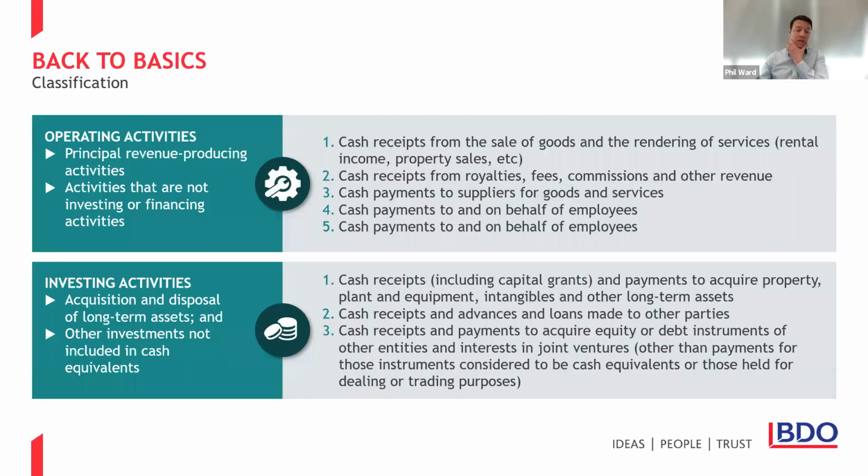So I touched on there the classifications that you'll see in the cash flow statement. That is operating, investing, and financing activities. I'll come back to operating activities shortly. Investing activity is activity that relates to the acquisition and disposal of long-term assets, so your housing properties, and other investments that aren't included in cash and cash equivalents. So that is payments to develop your housing properties, cash receipts from capital grants, and cash payments as part of investments in joint ventures, for a few examples.